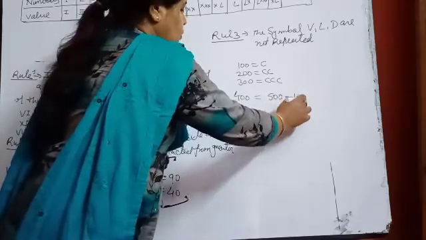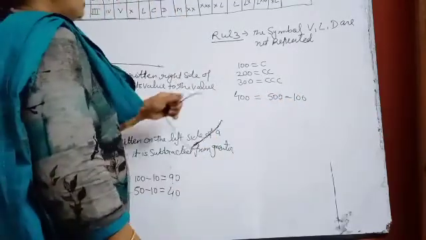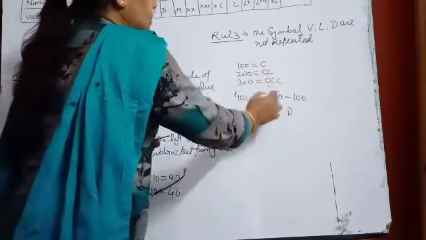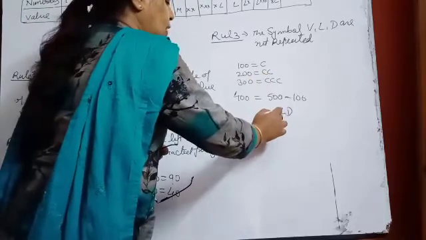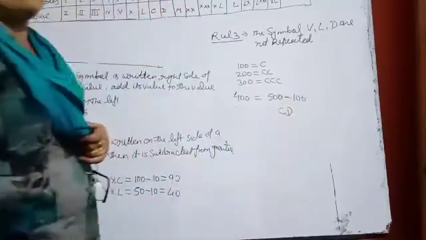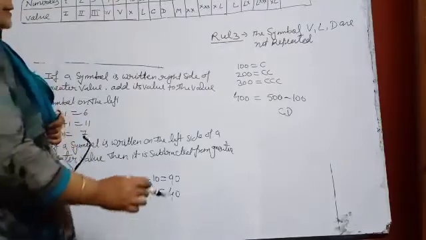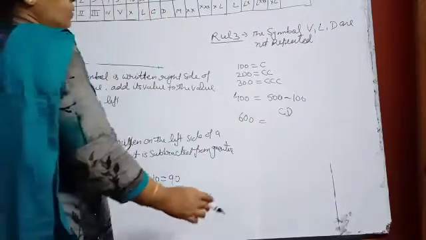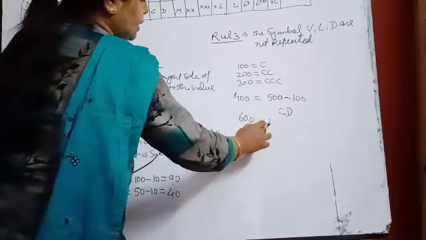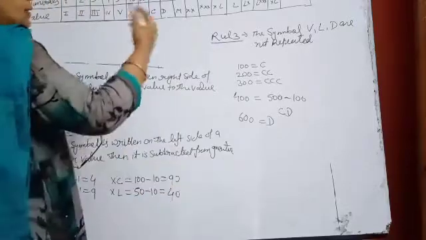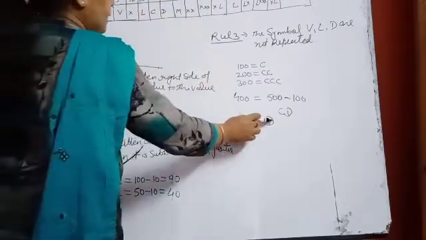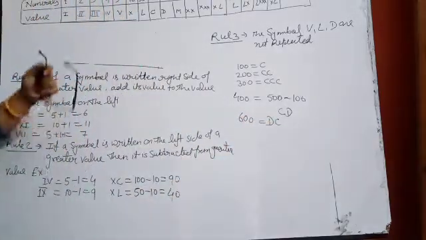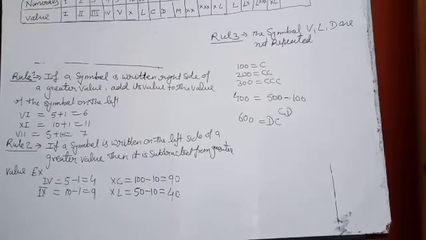And what do we use for 500? 500 we write by D. So first you will write D, and on the left hand side you will write C, because the left value is always subtracted from the right hand side value. Now suppose we would like to write 600. For 500 what do we use? D. And on the right hand side, what will we write? 500 plus 100 is equal to 600. This is 500, so it will be DC. In this way you will use the symbols.